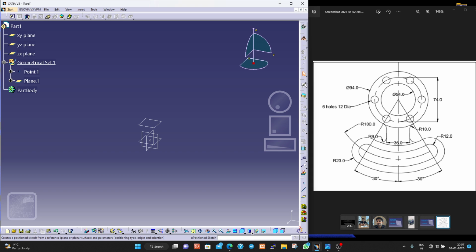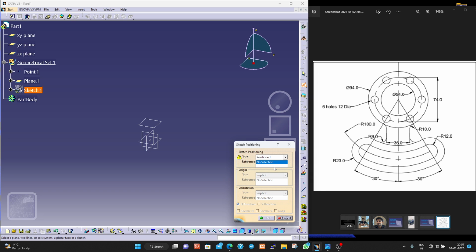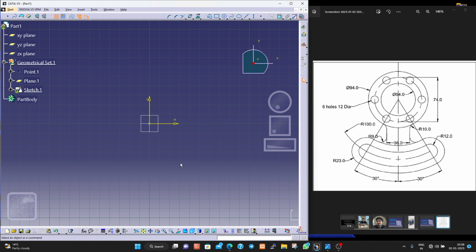So now we are going with the position sketch because we have to design a position sketch for this. So let's select the plane, and in this one the projection point, point 1, and hit OK, and the sketch is now, the workbench is now ready. So now we are going to draw the circle. First thing first, let's draw a circle over here, and another one,